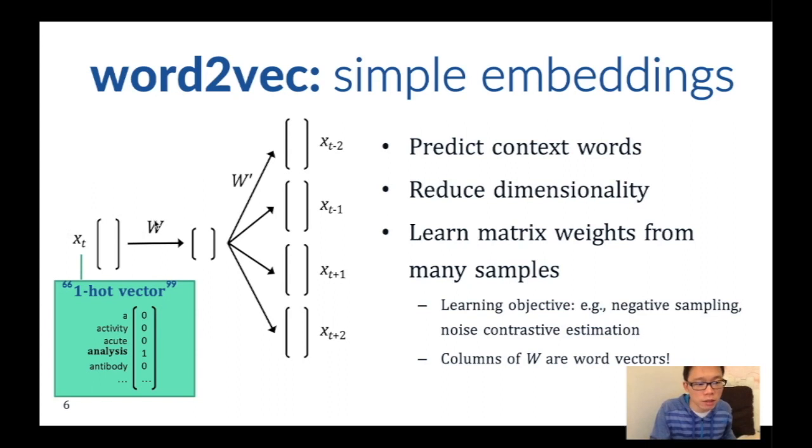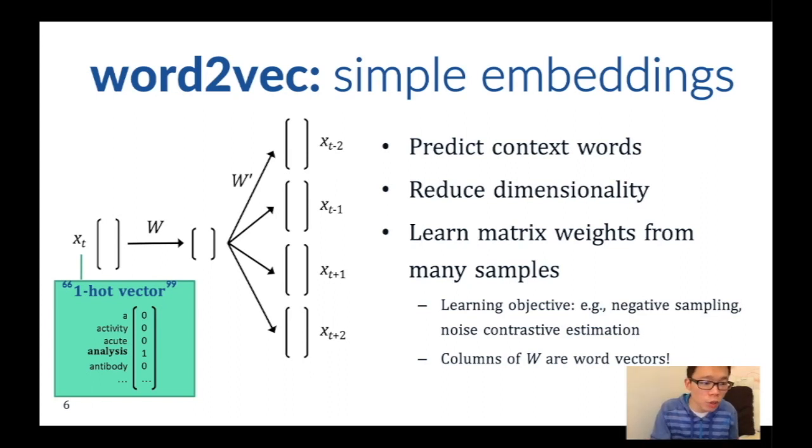So matrix times vector equals another vector, and then this matrix times this vector is going to output these different vectors. Basically what we're going to do is learn these matrices based on lots and lots of examples of the input word analysis with all of its contexts, and then you put in another document with the word analysis and all of its contexts, example after example, and then you're putting in examples of other words as well, not just the word analysis. You go on to antibody and you do that.